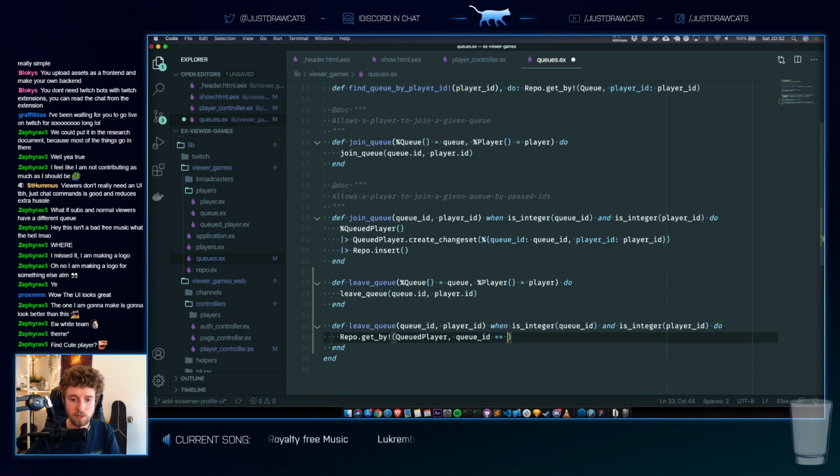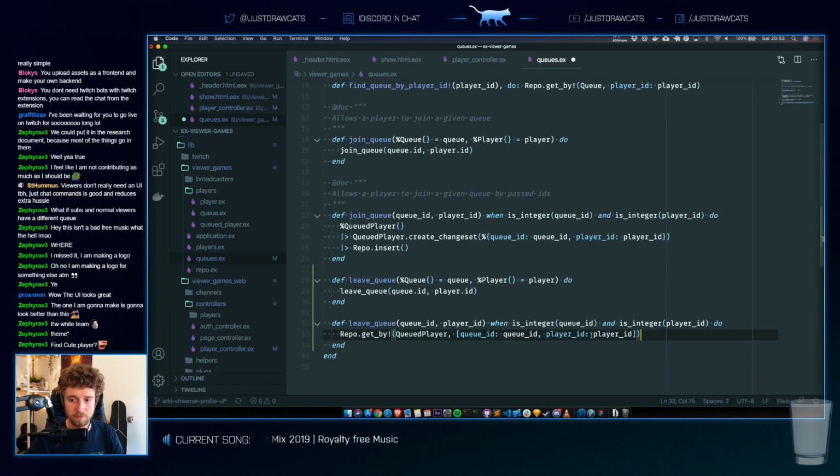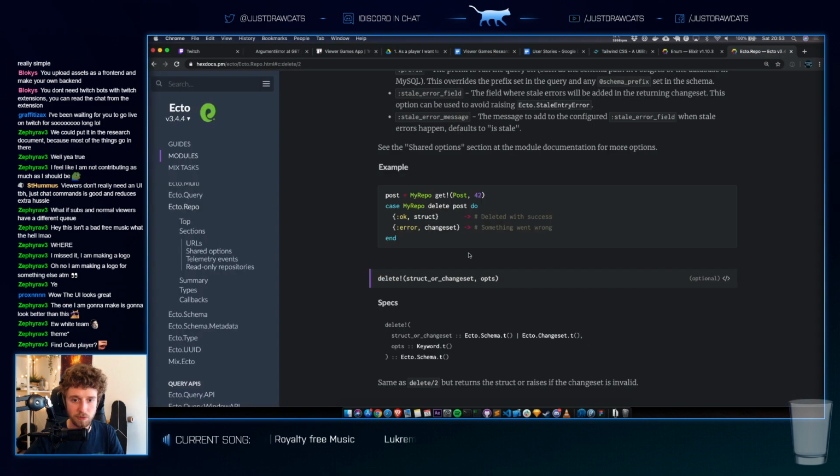QID equals QID, or just this. Player ID equals player ID. Okay. And then we pipe this to repo.delete.